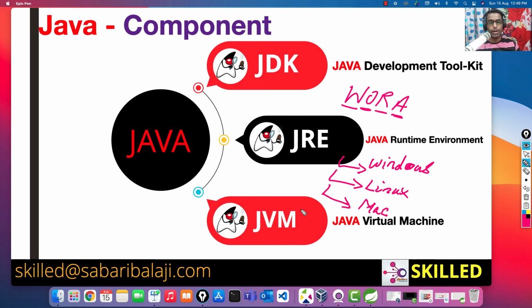So to summarize, Java is helping you to achieve WORA, write once, run anywhere, and that can be achieved via JVM. But to be specific, JVMs are platform specific. For each operating system, you have a specific JVM, but that makes your Java technology to be called platform independent. So that's it in this video.